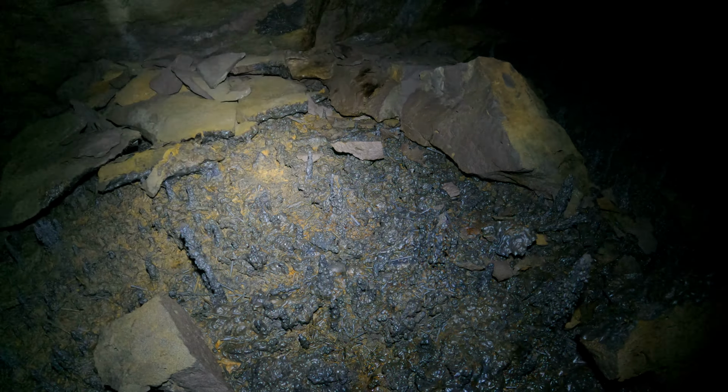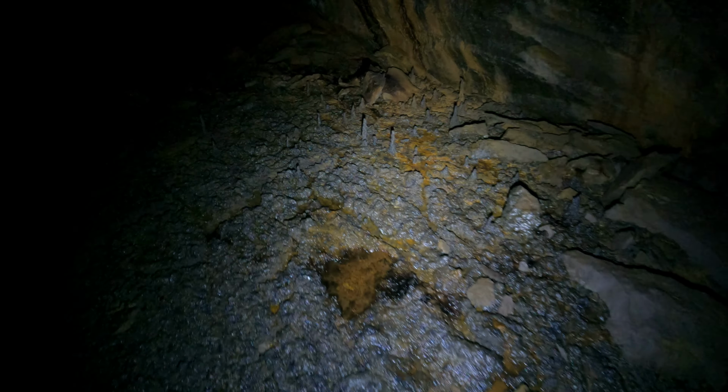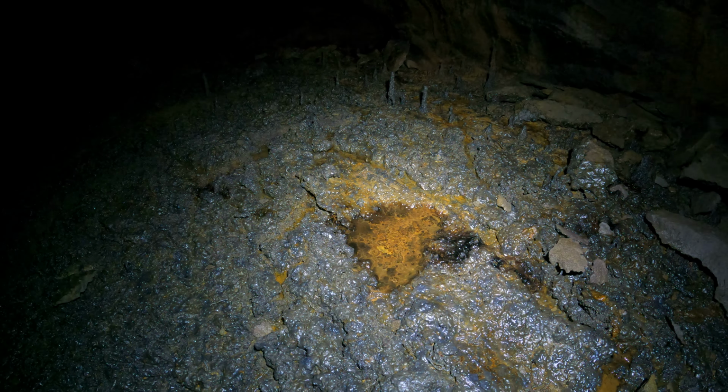If I were to take a beginner here, I would be like, stay 6 feet away. That way if you trip and fall, you still don't land on it. But obviously I'm a little more careful, so I'm not staying 6 feet away. Wow, see how it's just a water puddle, but it looks brown because there's brown